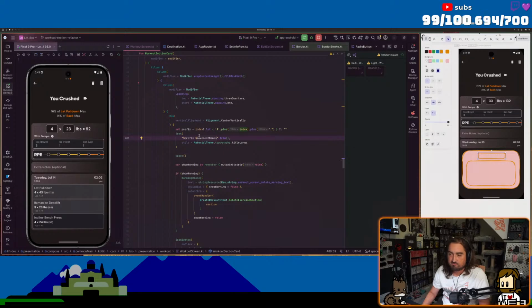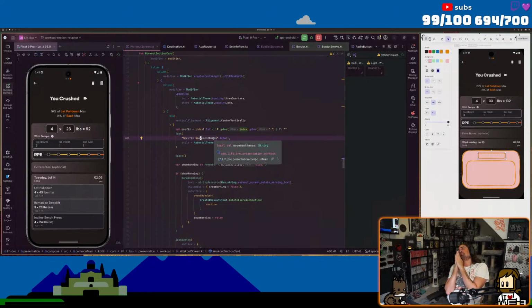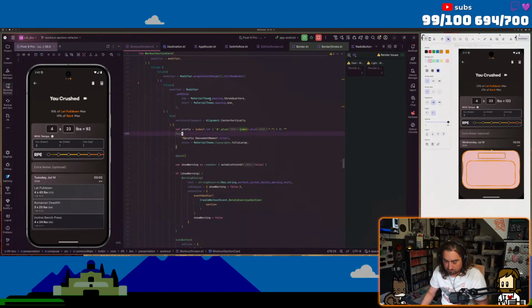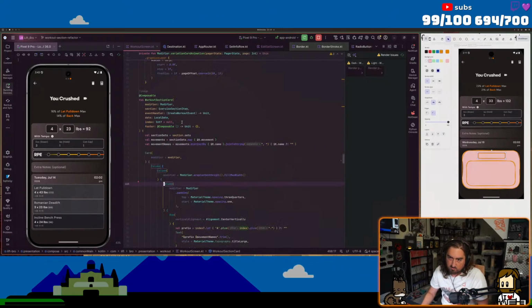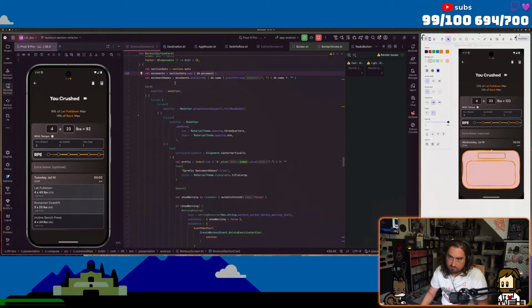So that's where that's coming from. So it is just getting the list of movements. So each exercise item